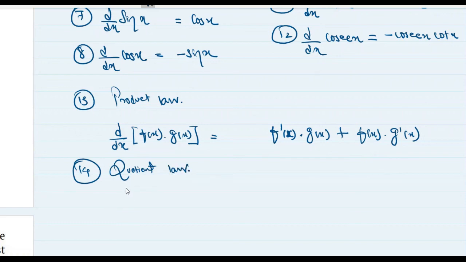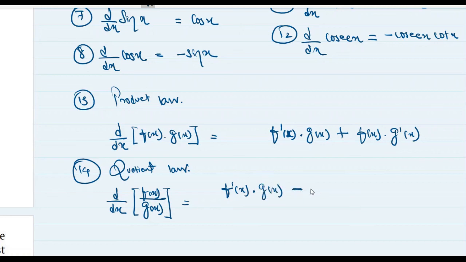Okay, so what does the quotient law say? Suppose we have d by dx of f of x by g of x. Then f of x is the numerator, so we first find the derivative of the numerator and multiply it with the denominator,